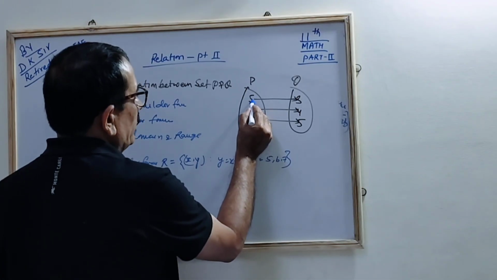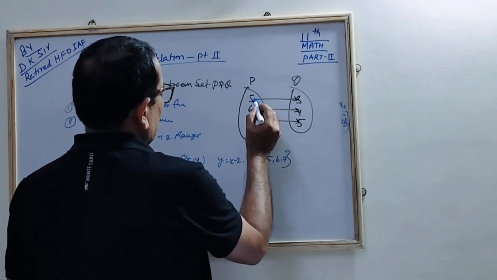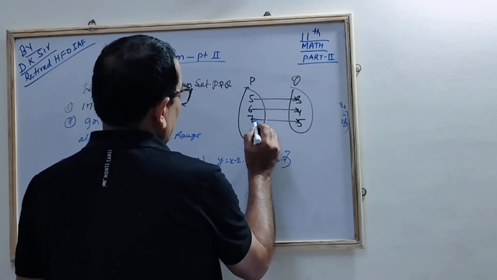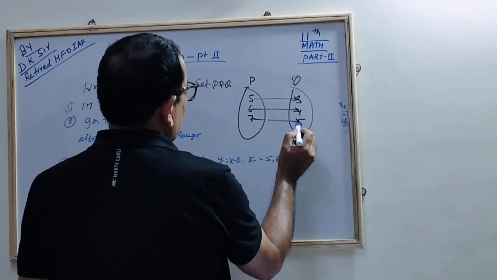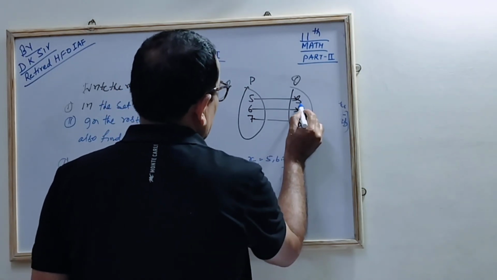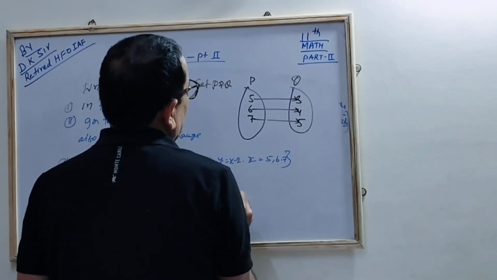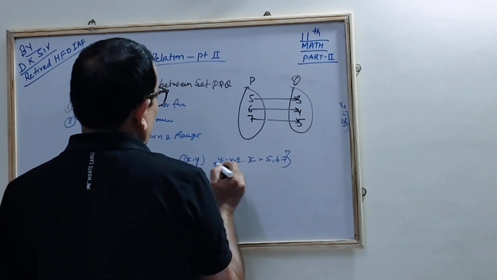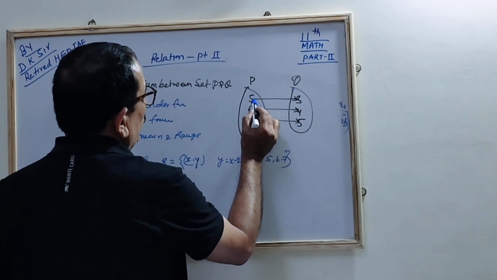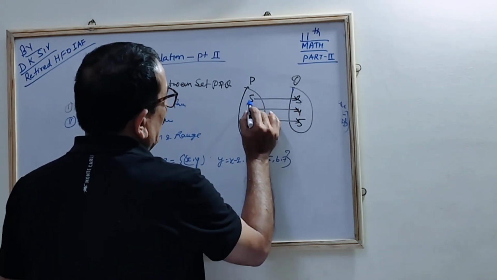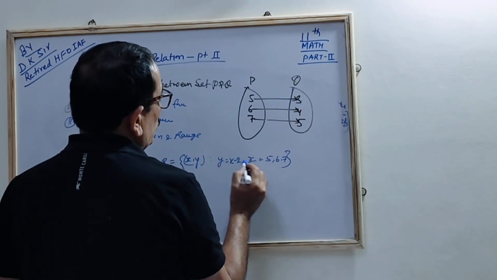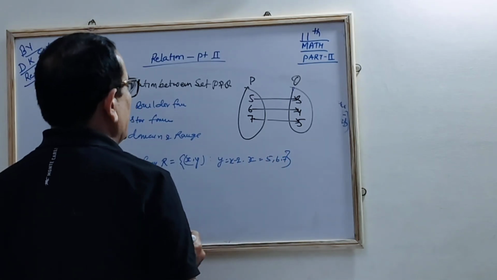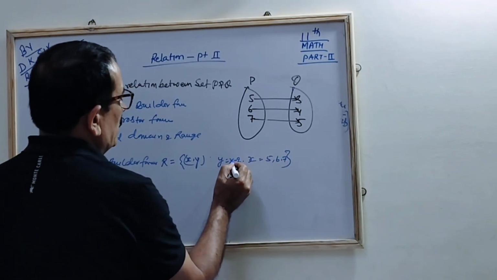If you take x as 5, then 5 minus 2 is equal to 3. 6 minus 2 is equal to 4. 7 minus 2 is equal to 5. So x is an element of P and y is an element of Q. We find the relation: all the Q elements related one to one are 2 lesser. So y is equal to x minus 2, where x is 5, 6, 7. Correct? It is going to satisfy. Can you see now? x minus 2.